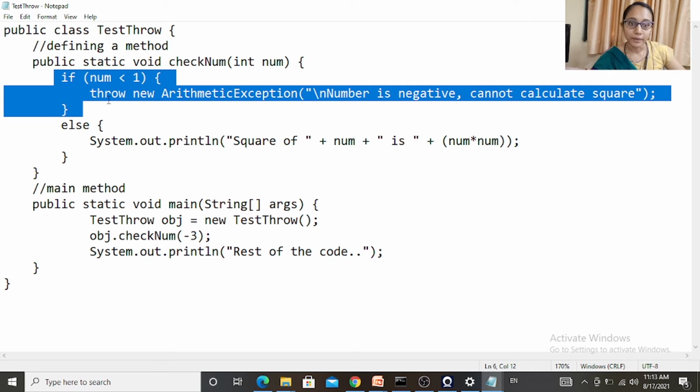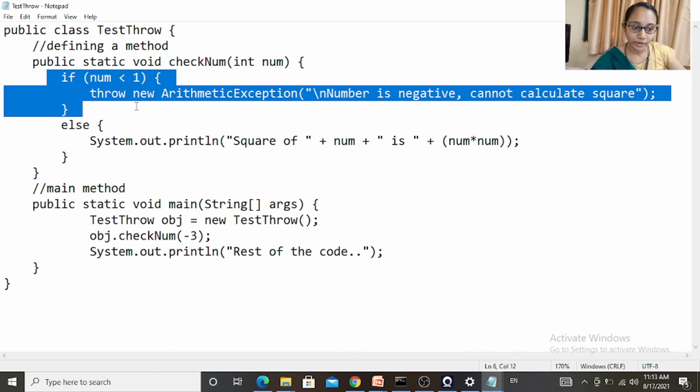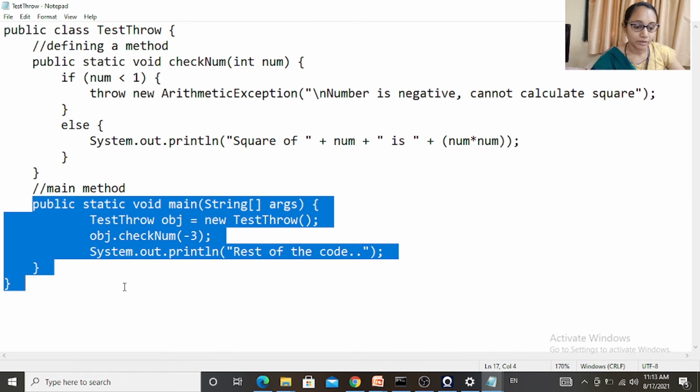If number is greater than 1, then this else block will be executed. So in the if condition, I have used throw keyword to throw arithmetic exception,